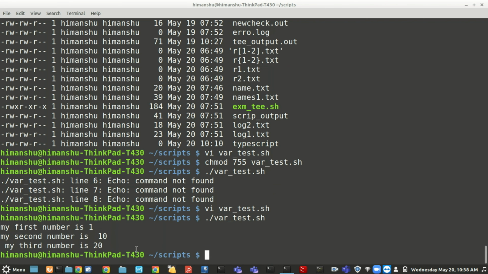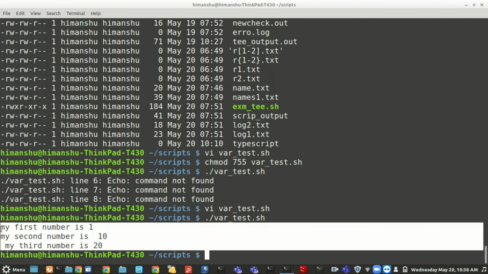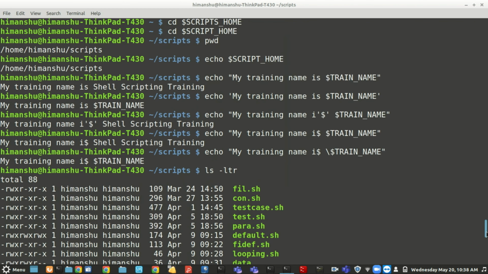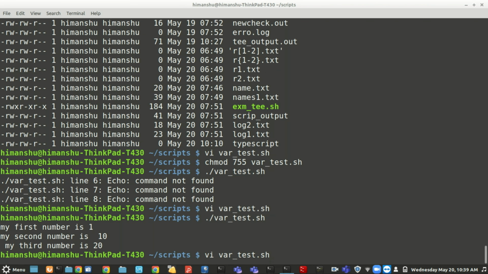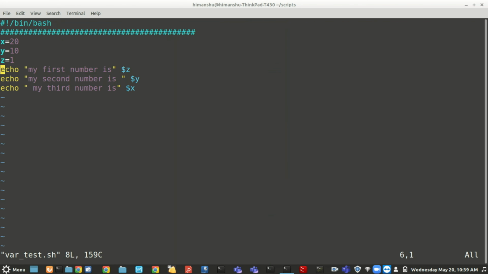So normally this will also work, but what I told earlier, see, when you are giving double quotes, why do we give double quotes? Because it will automatically replace the variable value. That is the difference between a double quote and a single quote. Single quotes will never replace the variable value, but even if you are using double quotes here, if you have multiple things to type, let me show you like this.